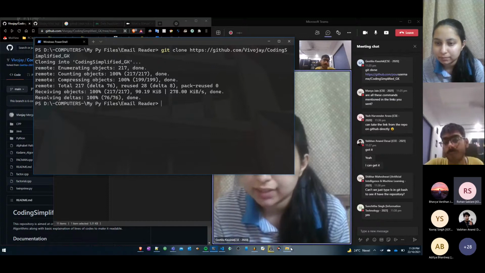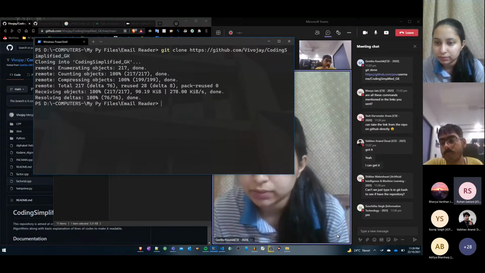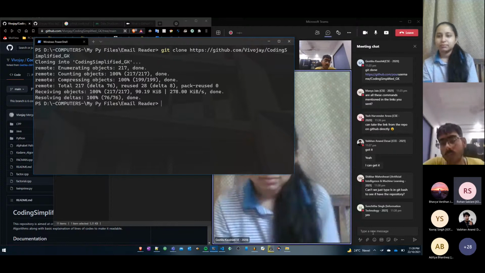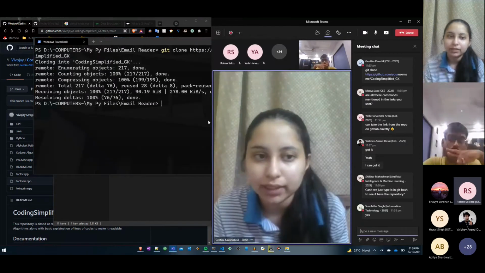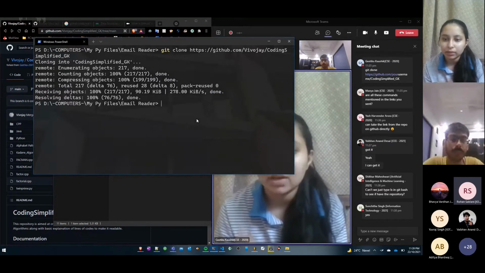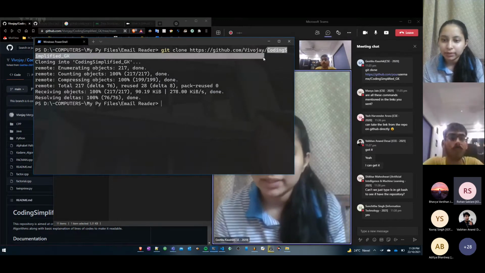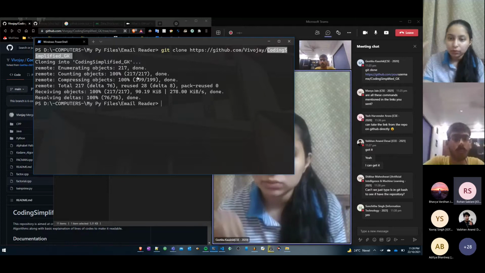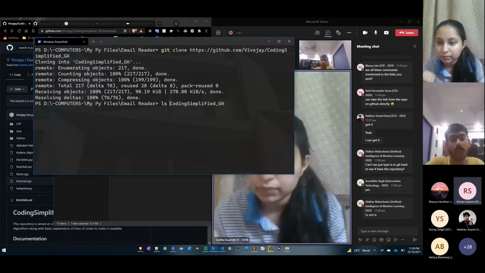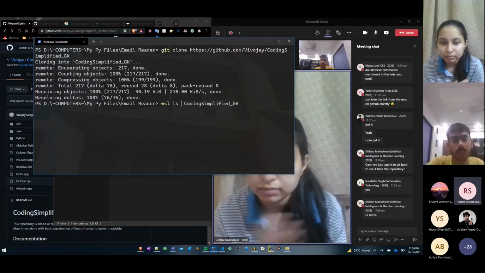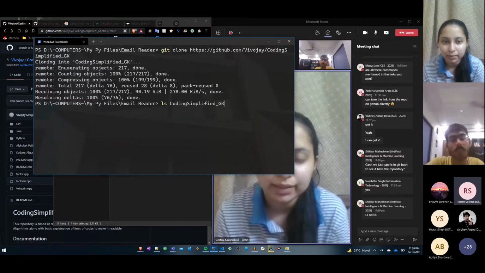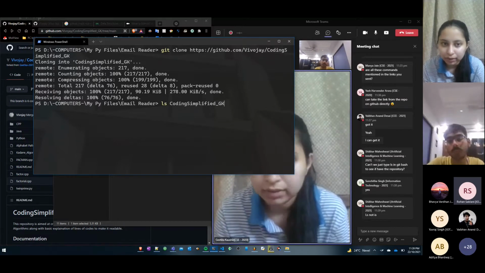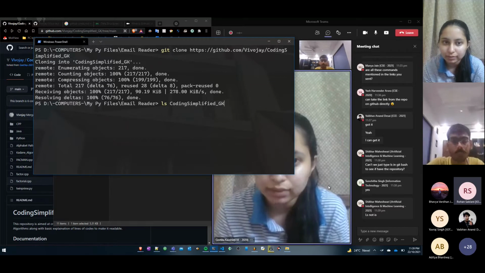Can't we just type ls in git bash to see if we have the repository? Now you need to check after you have cloned the repository, if it has shown 100%, that means it will be now available in your local system. Why do we want it in our local system? Because we have to make changes to that folder. We want to add to that folder. Achha, ls. Okay, if you are using Mac, then that command is there in Mac. It is basically a list command, so you can use that command also if you are aware of it. If you are not aware, then you can simply use git clone and that will work.